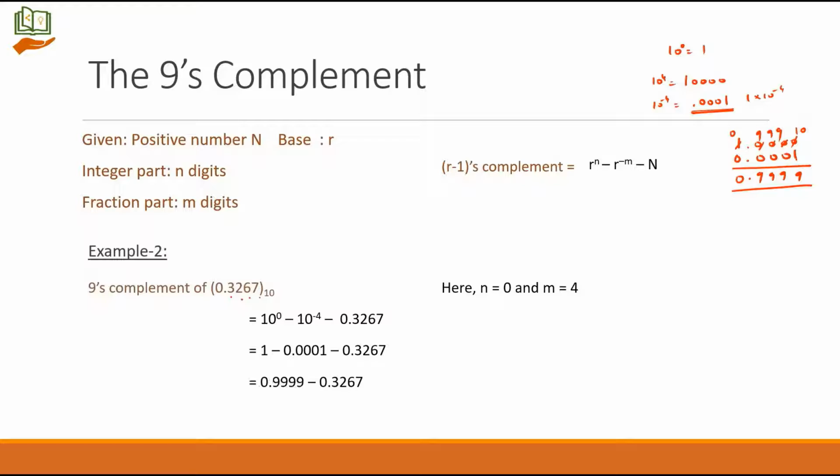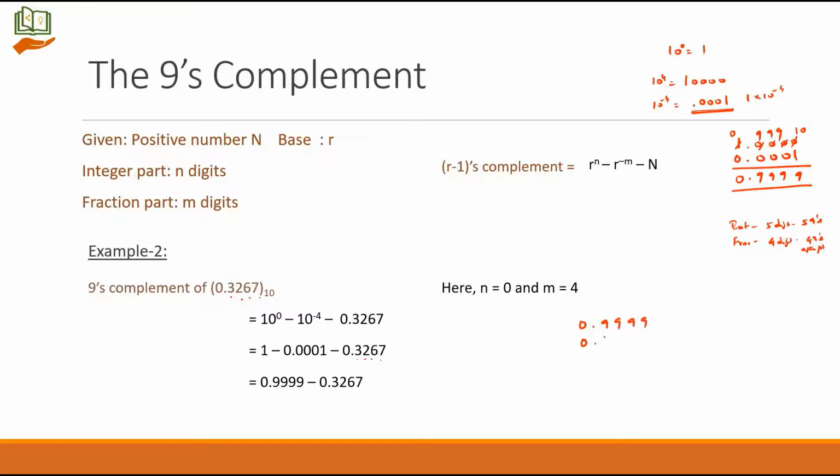Now what do you understand from this part? If I have 4 number of digits in the fractional part, then you have to subtract 4 number of 9s in the fraction part. So when it was integer, for a 5-digit number, we used 5 number of 9s. When it is for the fractional part, there are 4 fractional digits and so we use 4 number of 9s after the decimal point. So now we have to subtract this